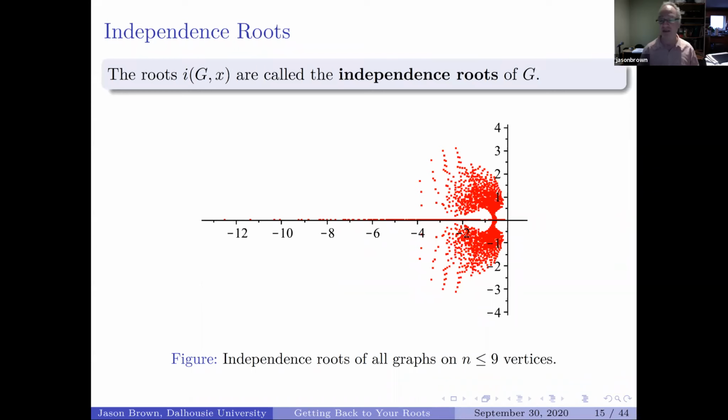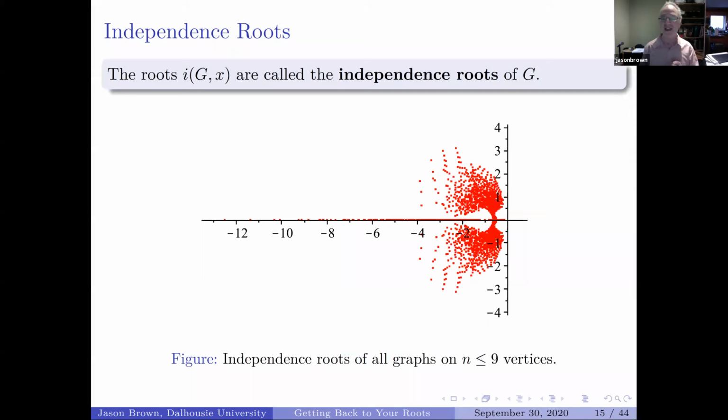The problem is that we don't have any good algorithms for finding independence polynomials. In fact, my student Richard Hoshino and I proved that in general, finding independence polynomials is an NP-hard problem. So that's computationally difficult, intractable. And in fact, we proved that except for the evaluation at 0, for any complex number, evaluating the independence polynomial at that complex number is going to be NP-hard. So you're unlikely to be able to efficiently find independence polynomials, let alone find their roots. But we can still maybe say something about the roots.